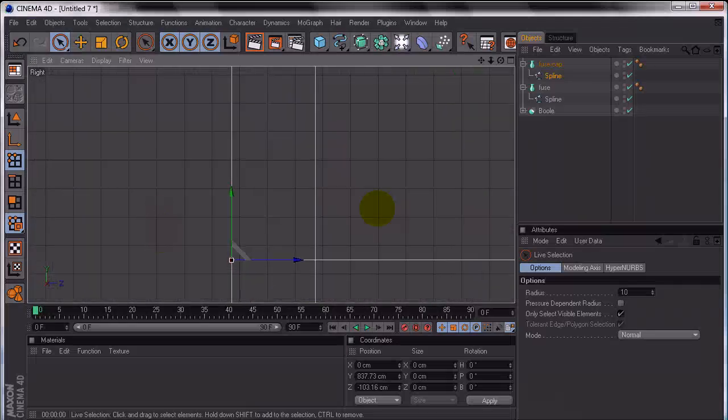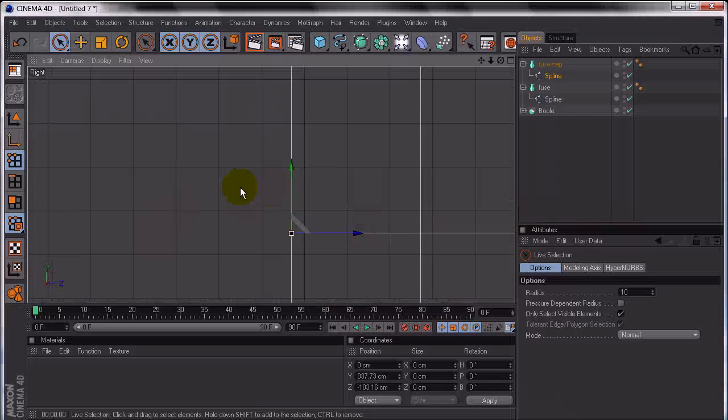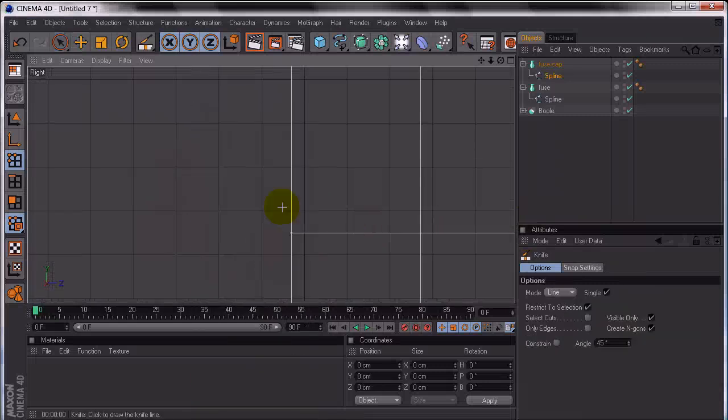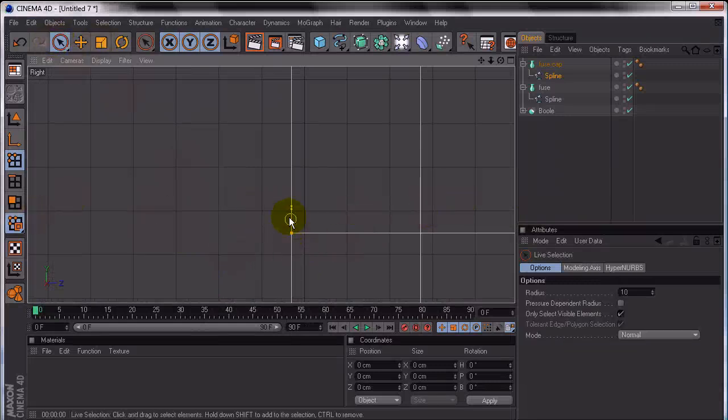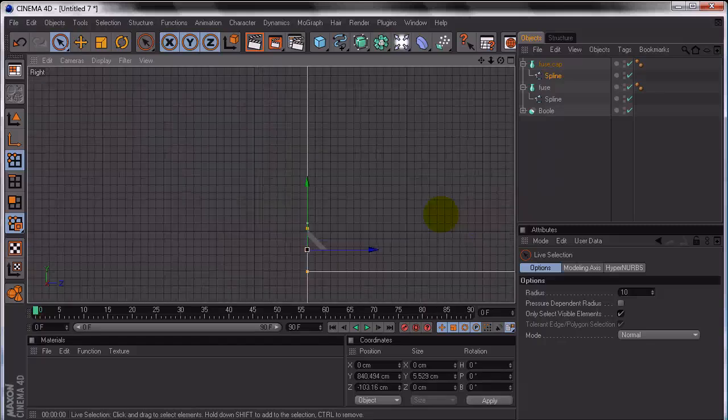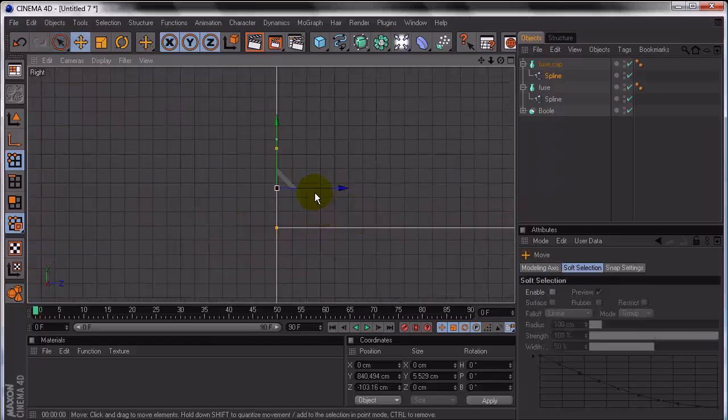So switch back to your knife tool and create 2 cuts like that. Select the 2 bottommost points, zoom in and press E to switch to move, and just position them